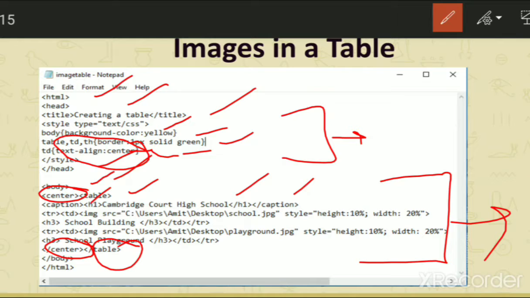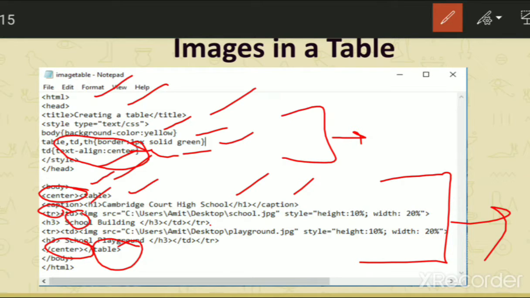After that we have to create a new row. For that we have the tr tag. tr stands for table row. After that we'll write the table data, and after that we'll write image, as we have to insert the image, so that's why we are using the image tag. So image will come, and we have to use the attribute source, in order to define the path of the image, where it is stored in our system.